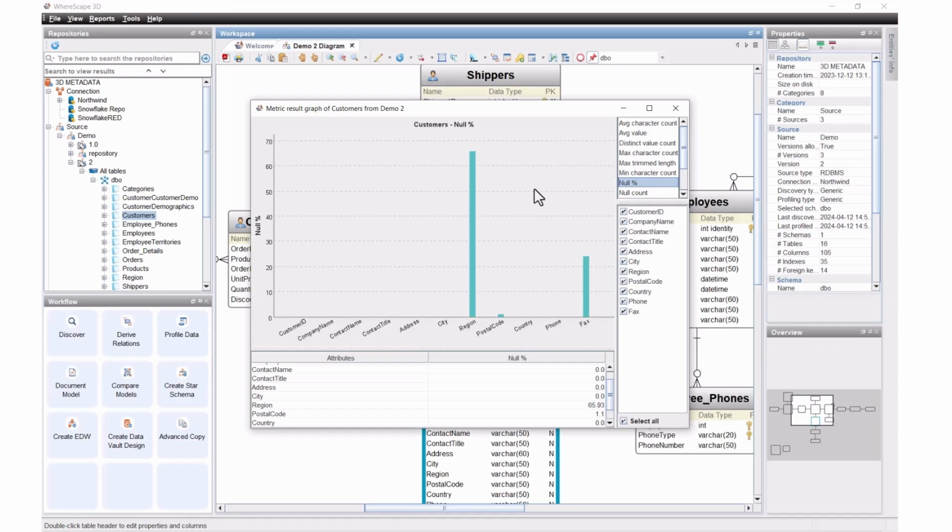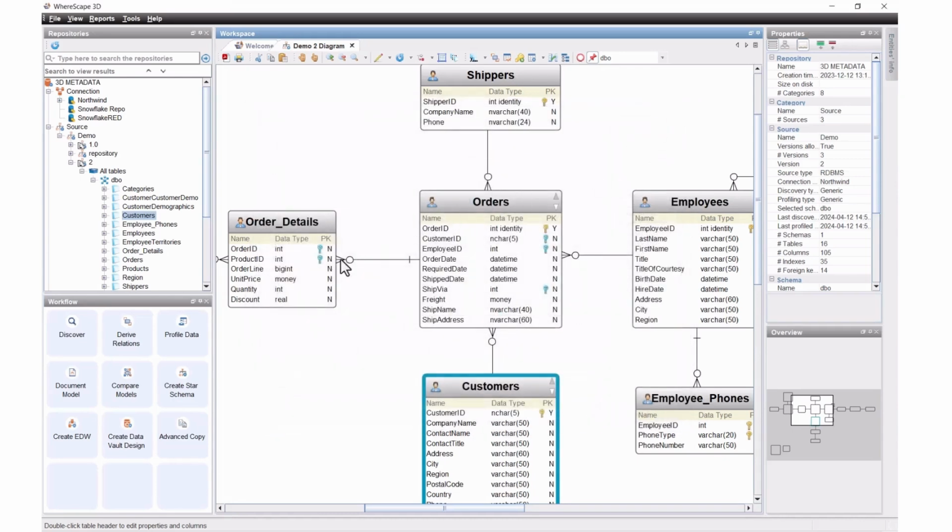So the profiling does two things. It allows me, personally, to look at the data and get an understanding of what's what. Maybe I can help to identify primary keys, foreign keys, relationships, things like that. But also, I talked about how we've gone to SQL Server and pulled in the primary keys, foreign keys, and things like that. But what if you're pulling data from a system that doesn't have those things? What if it's a REST API or a file or a database that doesn't have these relationships? And it's important that we define these relationships in our discovery of our source system, because this is going to drive a lot of what happens later.